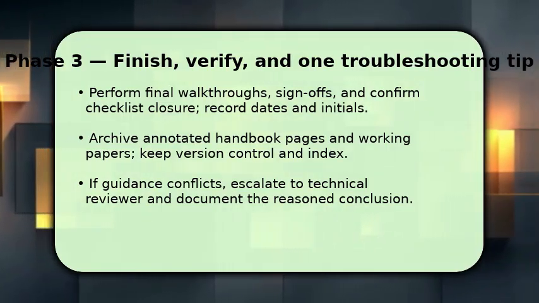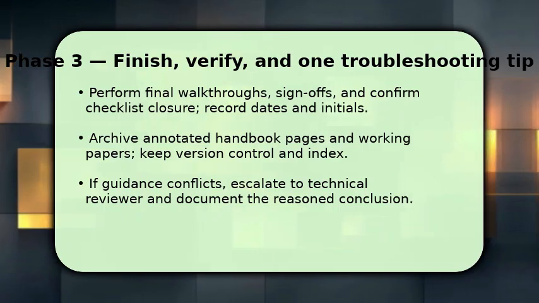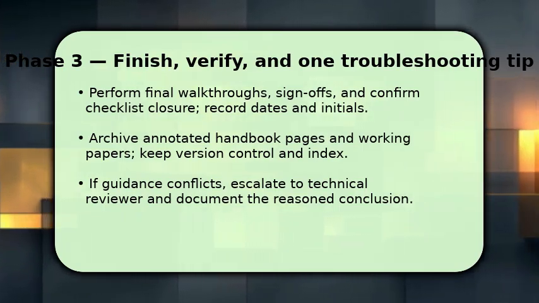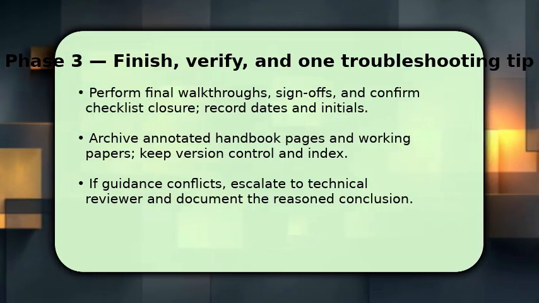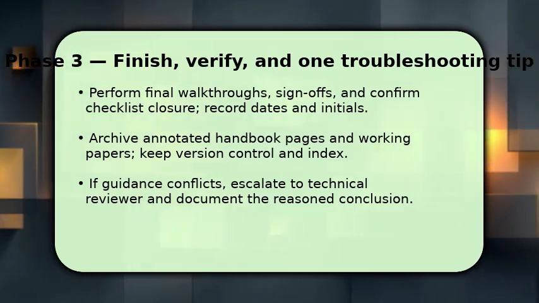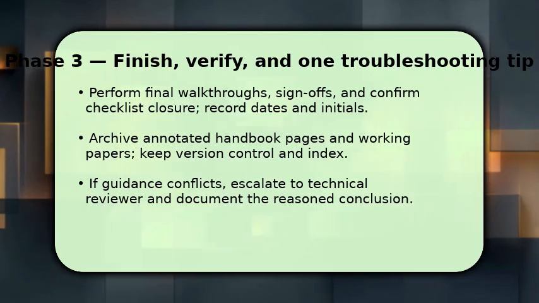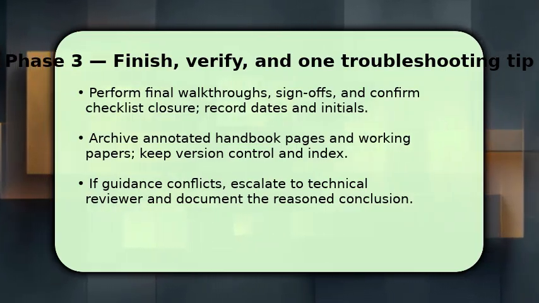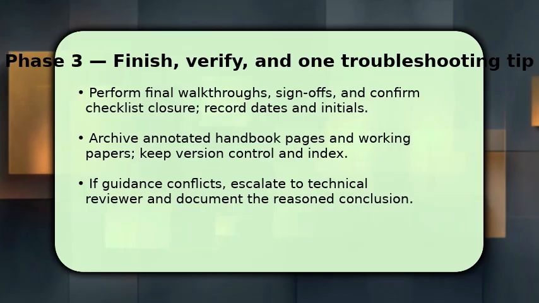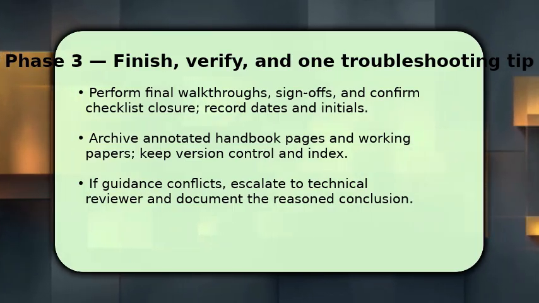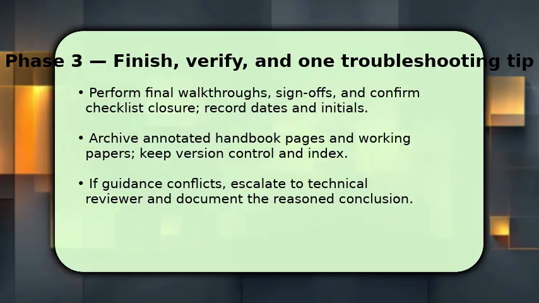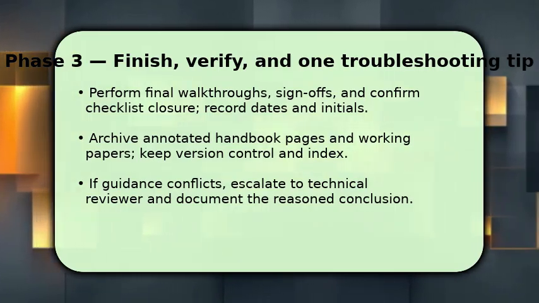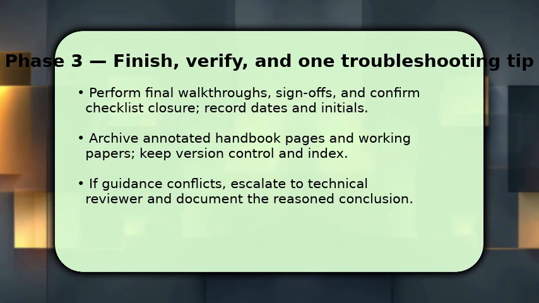This seals accountability. Make sure to archive annotated pages and working papers with clear version control so future reviewers can trace changes. If you encounter conflicting guidance, escalate immediately to a technical reviewer and document the rationale for your chosen approach. This preserves defensibility. One troubleshooting tip: if a citation seems wrong, recheck the handbook effective date before assuming an error. Most issues are version